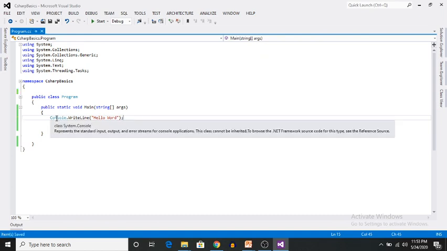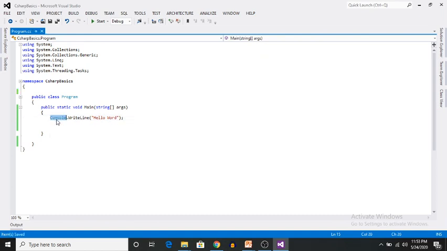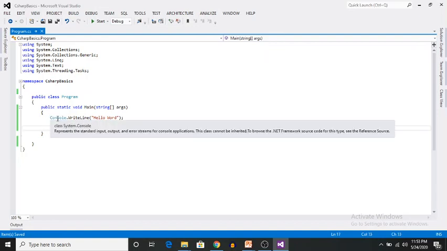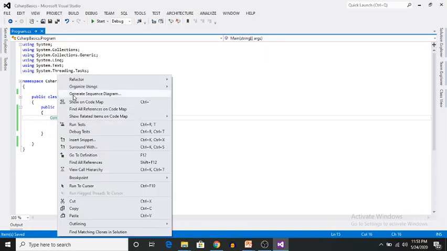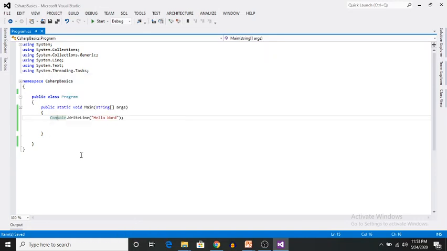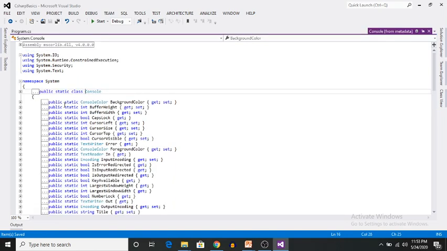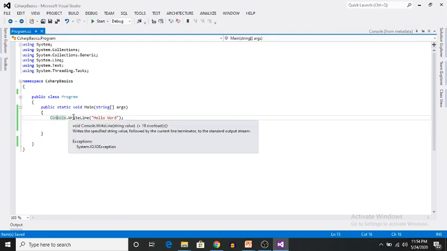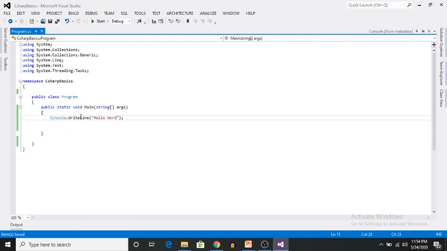Console is nothing but a class which belongs to the System namespace. As we discussed in our last class, a namespace is nothing but an organization of specified classes. When I click on go to definition on Console, it shows that it is a class. Console is a class, System is a namespace, meaning the Console class belongs to the System namespace, which has a method called WriteLine.